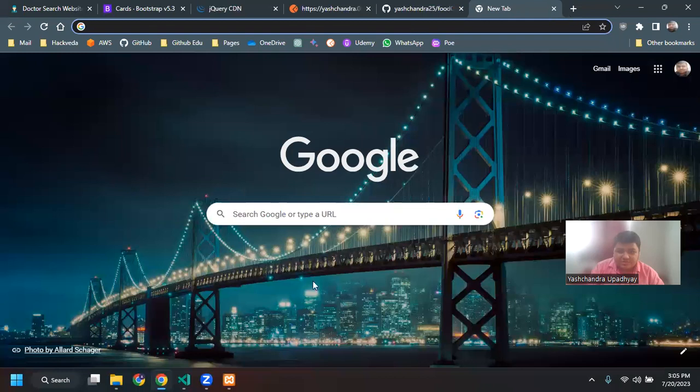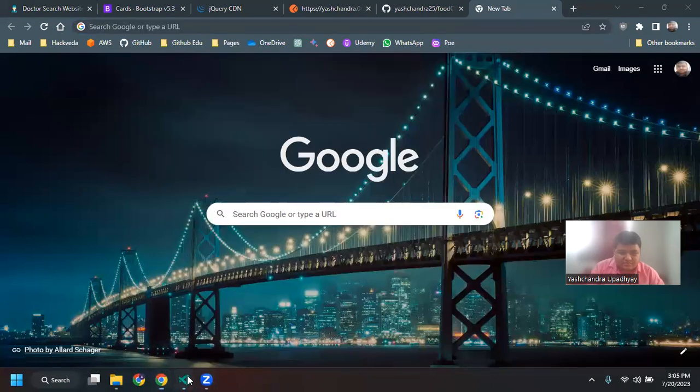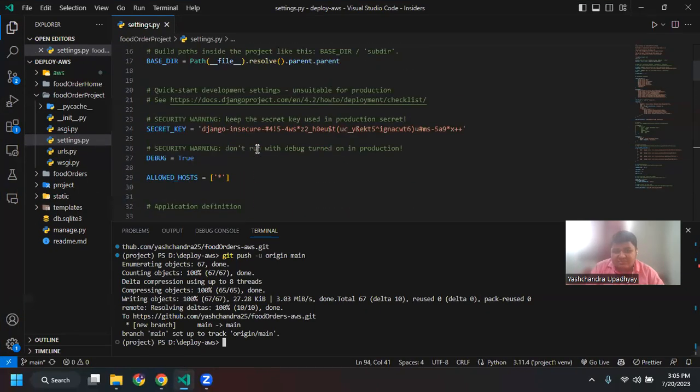So let's close the AWS for now. Okay. I will also close this. I will also close this. Remember, the only change I have made is ALLOWED_HOSTS equal to, where I have added a star. But what you need to do is you need to say